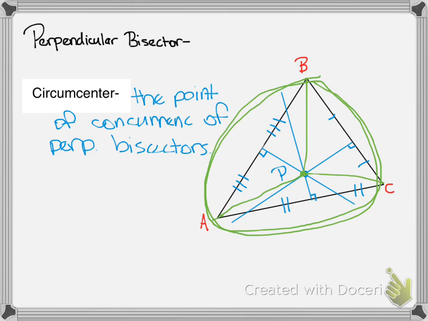So each one is a radius. It goes from the center to the circle. The thing we know about radii in a circle is they're all the same length. The radius of a circle is the same no matter where it is. So here, from the circumcenter to the vertex of each triangle, those segments are going to be congruent,